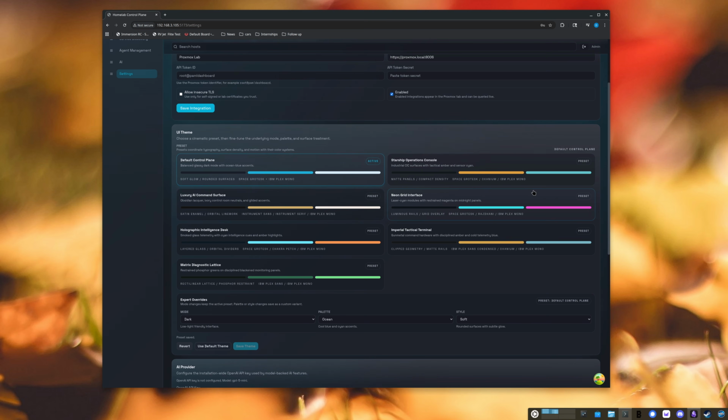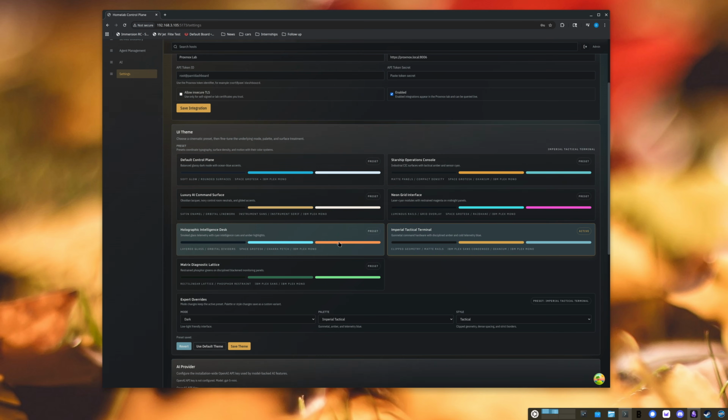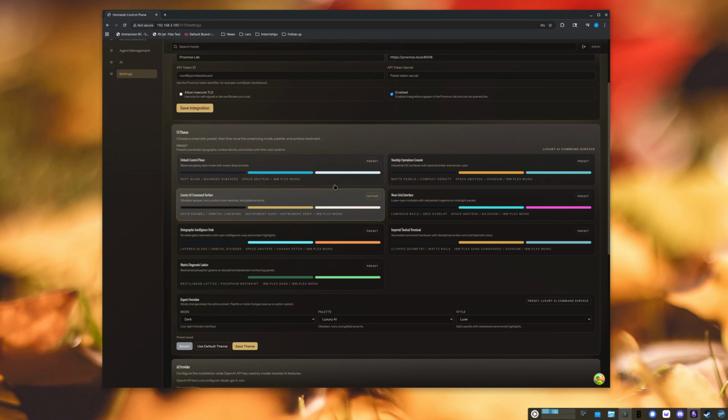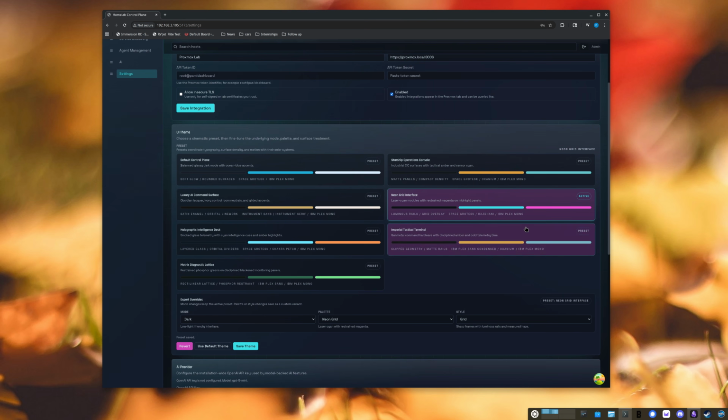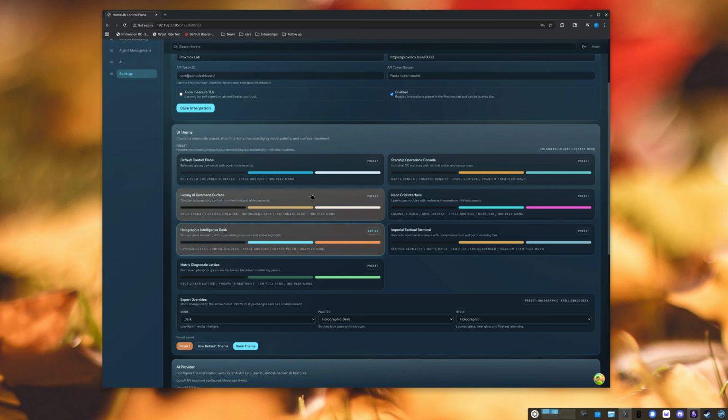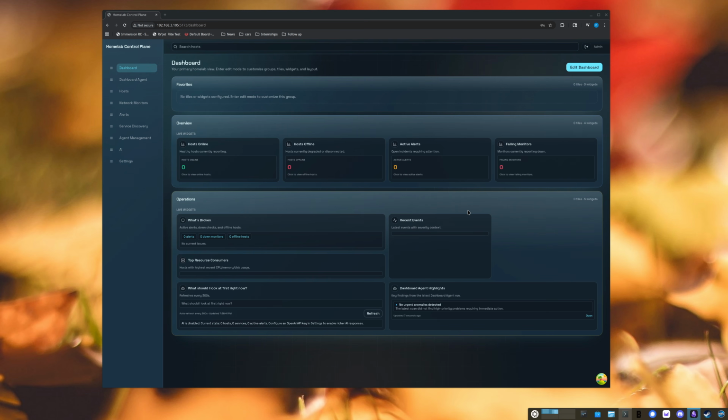When something else writes the code for you, adding random features is super easy. You can just tell it, make me a UI theming feature, and you get one for zero effort. So of course you can choose from a nice set of UI themes. So we'll just go with this one. Anyway, so coming back to the dashboard, hold off on setting this up for now, because I'll show you some